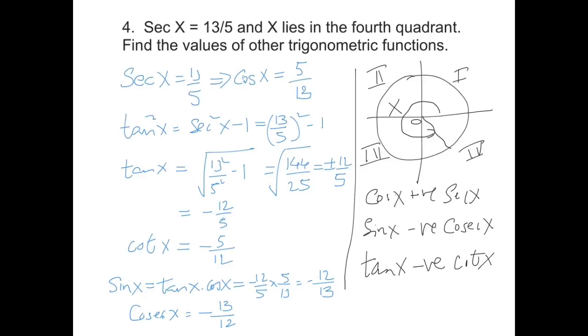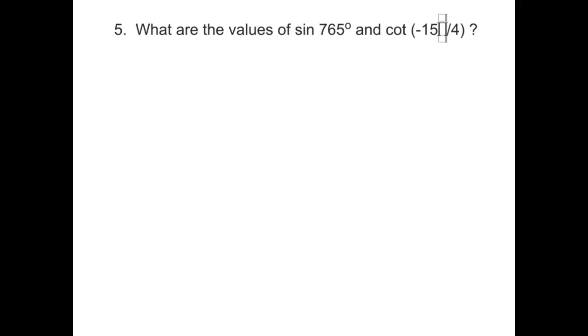Okay, so let us now move to the fifth question. What are the